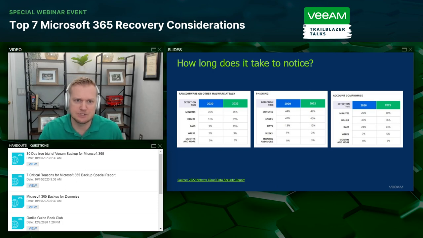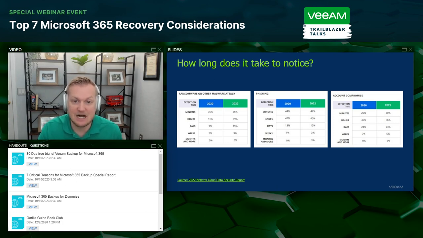How long did it take to notice? So this was kind of interesting. There was this report on the percentage of the time that it took to actually identify that something wasn't right, or that there was an issue or some sort of account compromise or phishing or ransomware. It looks like it was more or less pretty stable in terms of the minutes across the board. We are seeing that minutes is slightly going up for account compromise. However, hours is going down. So that's good to see that the percentage is going down slightly. So it's taking less time for us to identify things are going wrong.